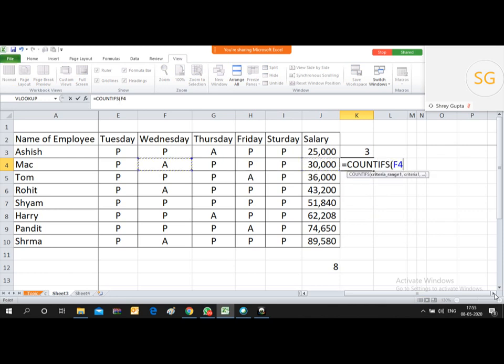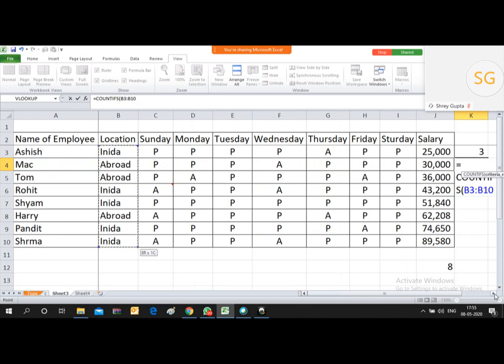start bracket, then select the first criteria, which is the location. I will take abroad now. The criteria I will provide is abroad, not India. Next I need to provide the criteria range, which is this salary range, then comma.